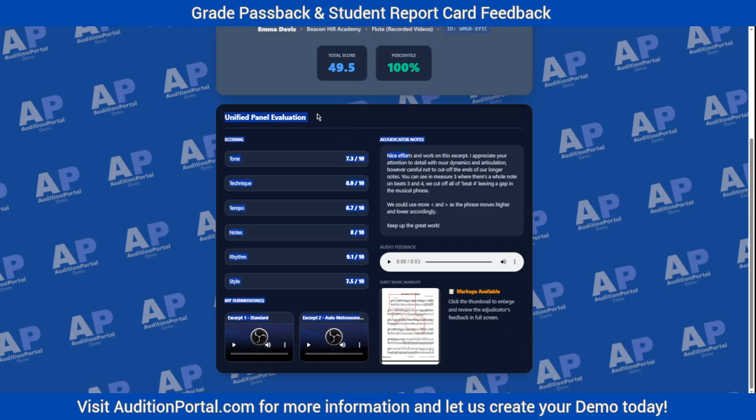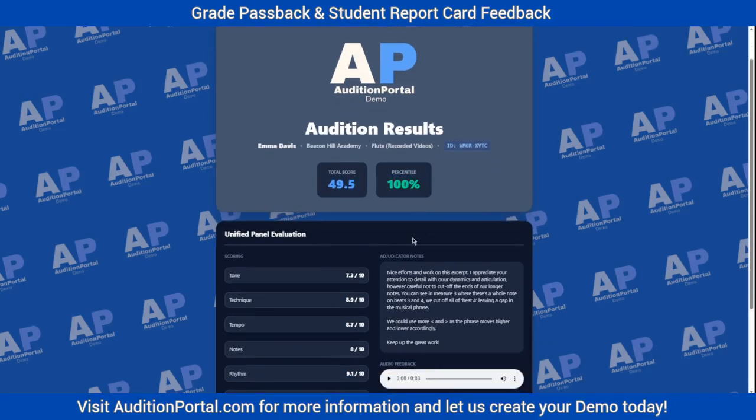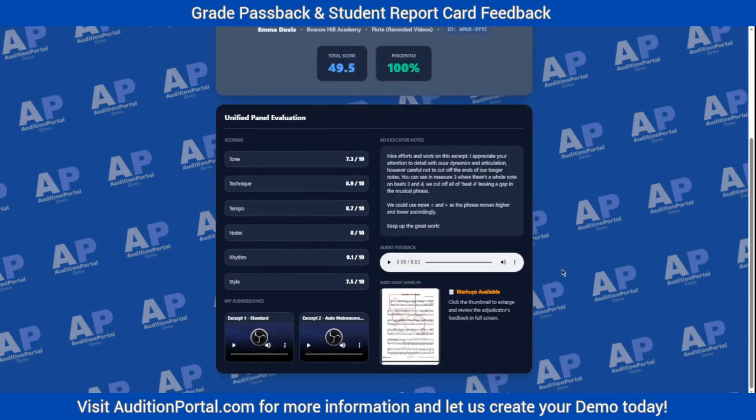Now, if you did specialized panels, meaning that, let's say this was just the room for excerpt number 1. There was a different judge that did excerpt number 2. They will have each one of these report cards kind of in a row and a line underneath that will say excerpt 1 audition, then it will say excerpt 2, in which the top here will give an overall percentile compared to all of them, or it'll give you a percentile for each individual room. Again, those things can be toggled on or off if you prefer and not want them,